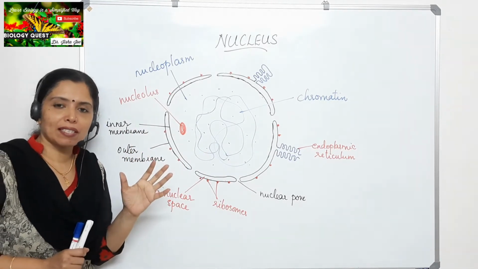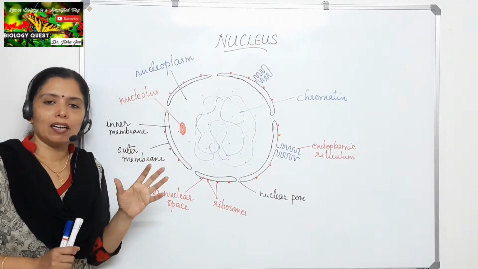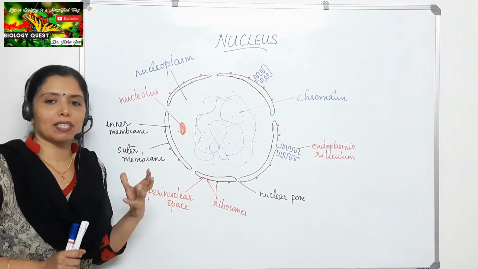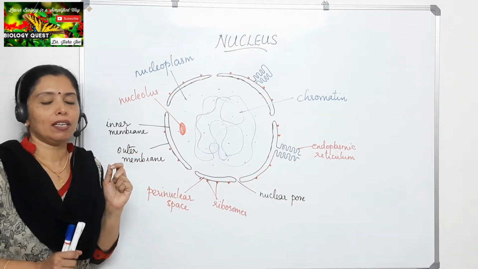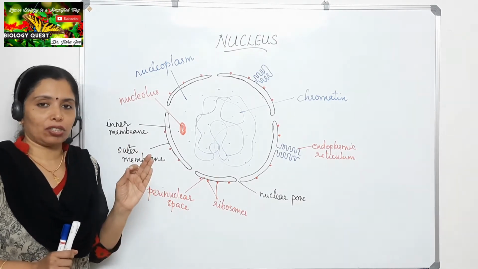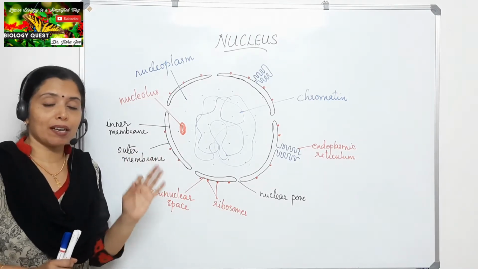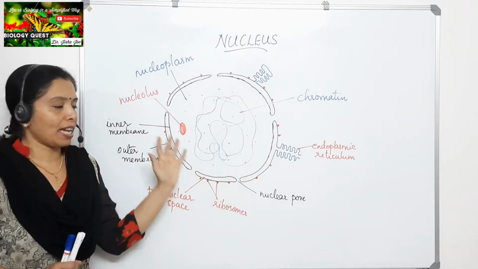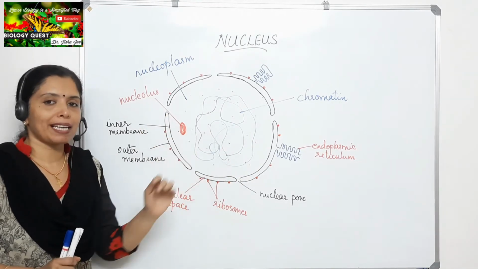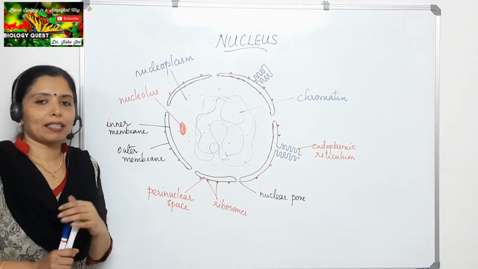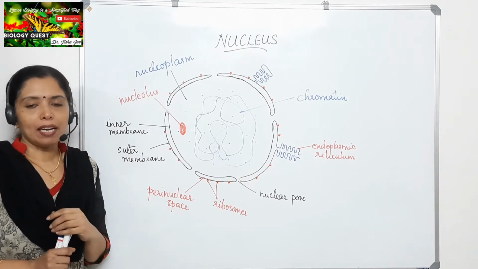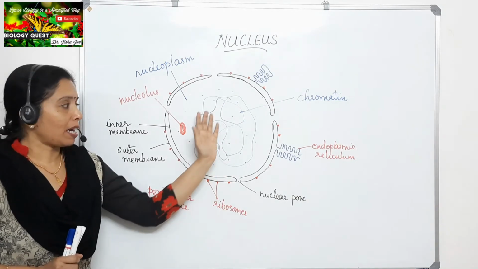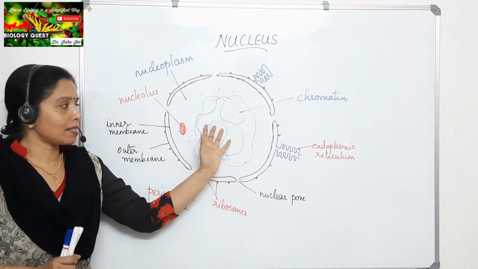What is the interphase stage? It is the stage of the cell during which the growth of the cell occurs, or the preparation of the cell takes place for cell division. It is the interphase stage during which the cell prepares for cell division. And we find the nucleus in this shape with the nucleolus and the chromatin fibers inside it during the interphase stage of the cell. And these chromatin fibers, you can see the network of fibers present inside the nucleus.